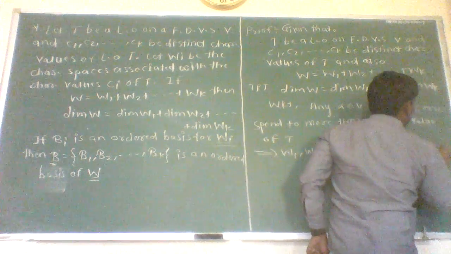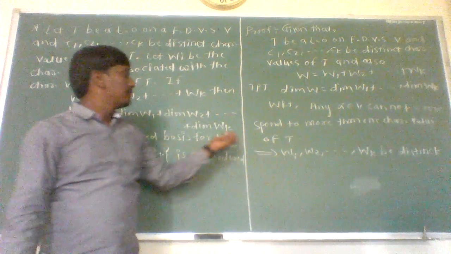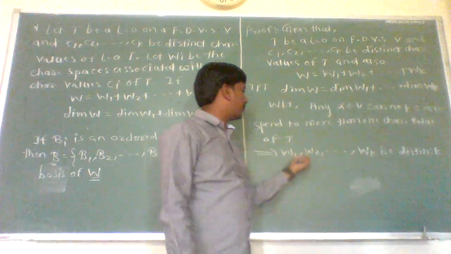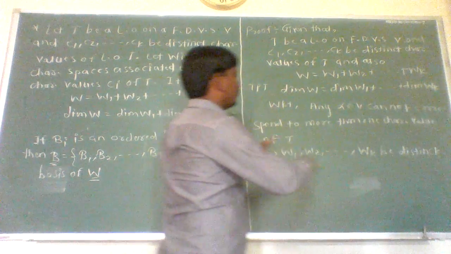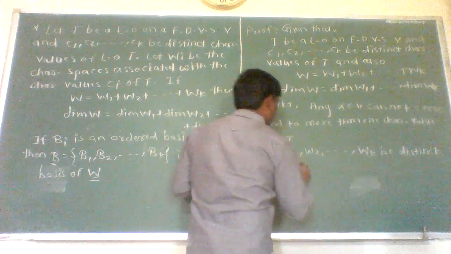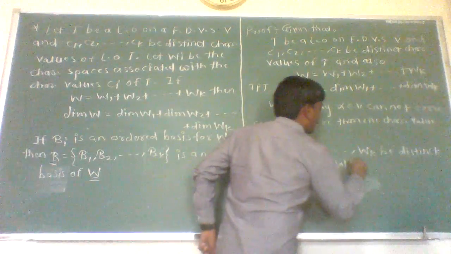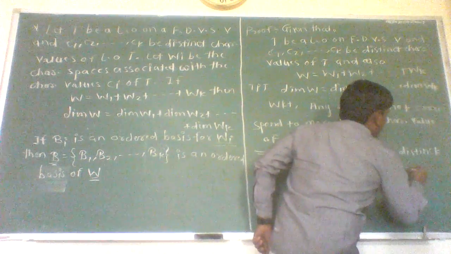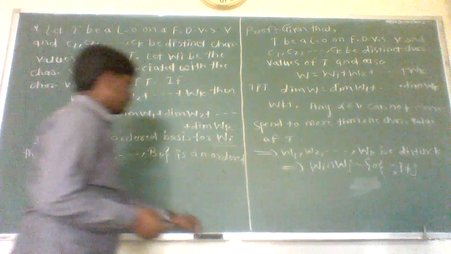Since characteristic spaces are nothing but the collection of characteristic vectors, and each Wi contains distinct characteristic vectors, therefore W1, W2, up to Wk must be distinct. As W1, W2, up to Wk must be distinct, this implies Wi intersection Wj is equal to the 0 subspace only, for each i not equal to j. Okay. Now